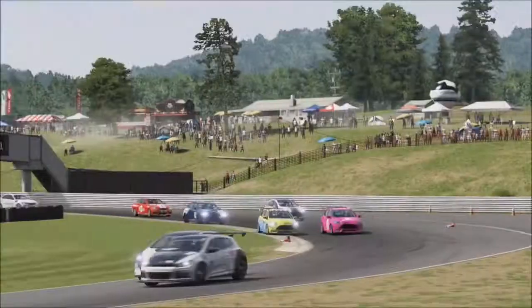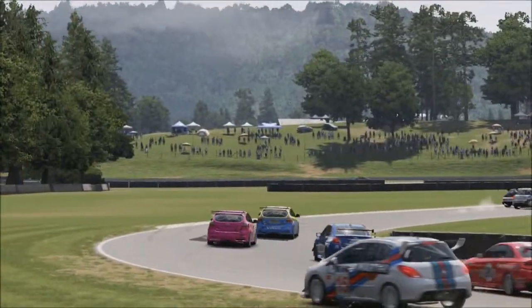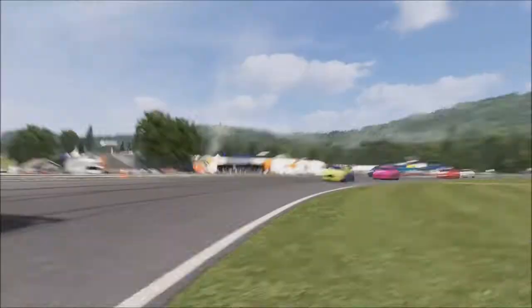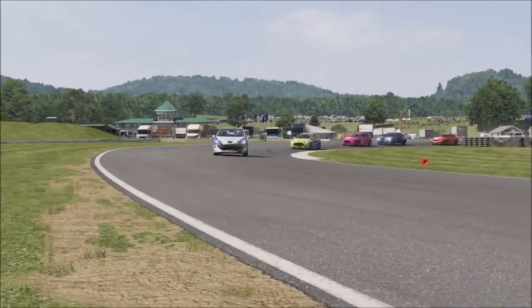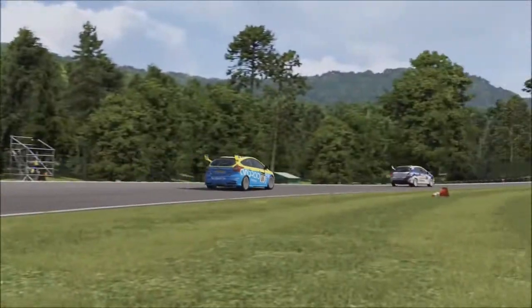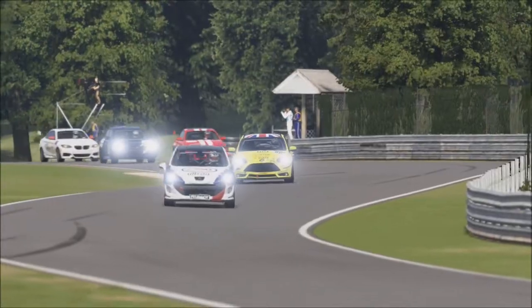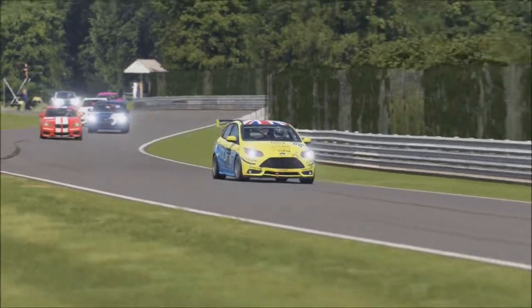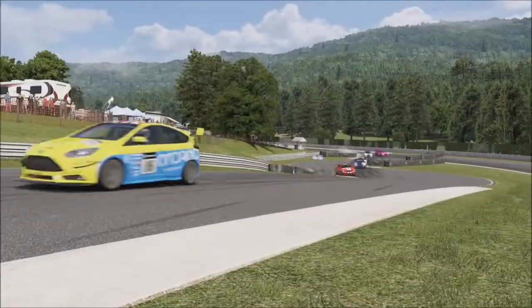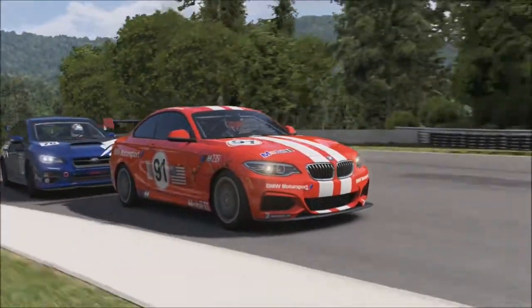Of course, as you can see, this sort of grid pack is led by GTO Out of Nowhere in front in the 306 Racing 306, with the Bay Racing Scirocco at least for 5 seconds. I don't know how he ended up in that wall there. The Pinker also decides to take a dive off the track as we follow aboard my car. That sort of led into a bit of a collision between the Privateer Impreza and the Team SFR BMW, which would allow me to sort of escape a little bit from that pack, chasing down the 306 Racing Peugeot 308